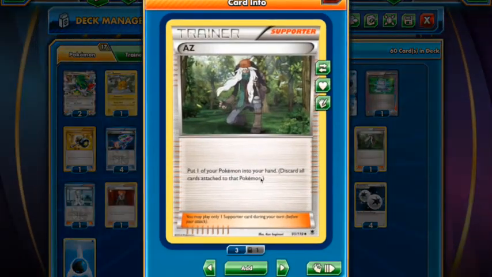Onto the supporters themselves, we have 1 AZ. A lot of decks that play bats will run 1 AZ, just as like an automatic scoop up. You can use it as healing if you've...